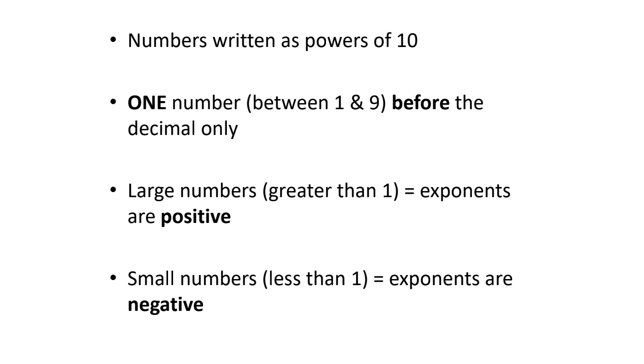Okay, these notes are about scientific notation. In scientific notation, numbers are written as powers of 10. Only one number, and remember, zeros are not numbers, but one number between 1 and 9 is before the decimal. So you can have 5 different numbers, but it should be like 1 point something, 2